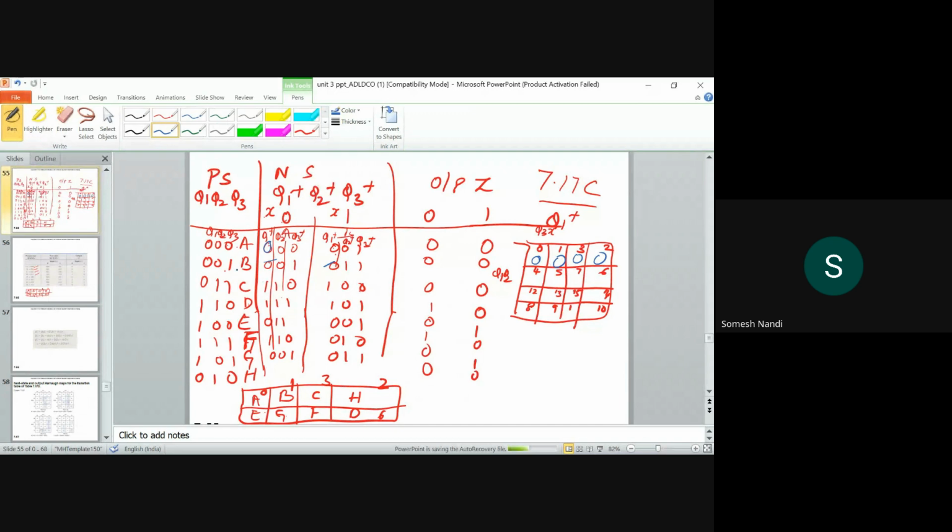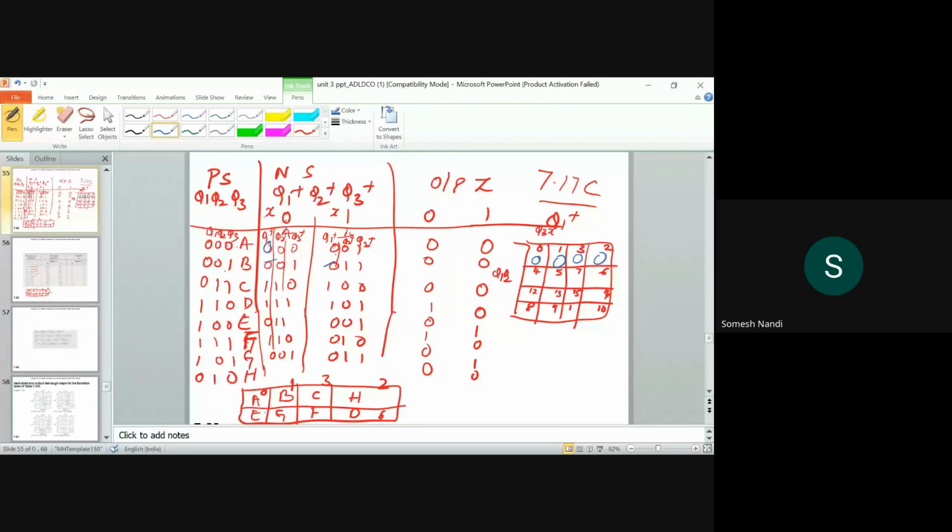I'll just show for 1 this one. Then you can do for q2 plus, q3 plus and q4 plus. I mean output z. Then can you see here? So we are done with this. Next is 0 0 1 0. 2 we did, 3 we did. Then we have to go with 0